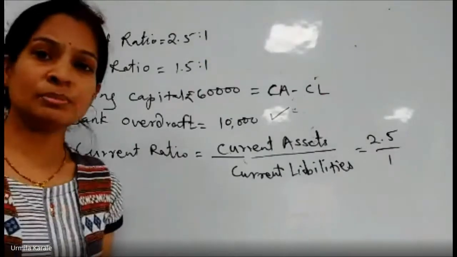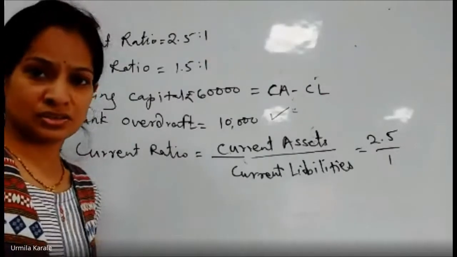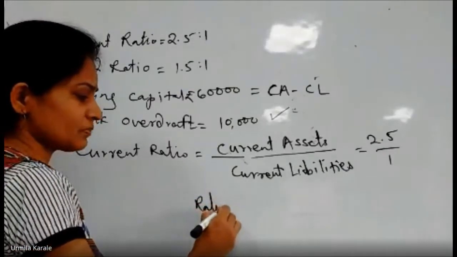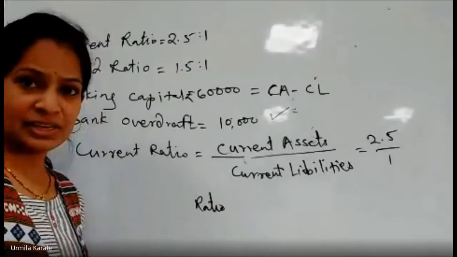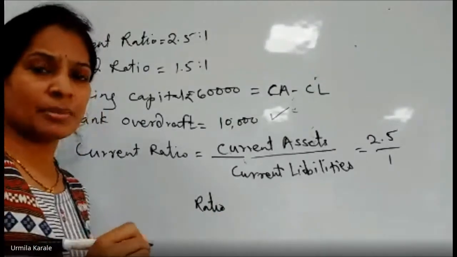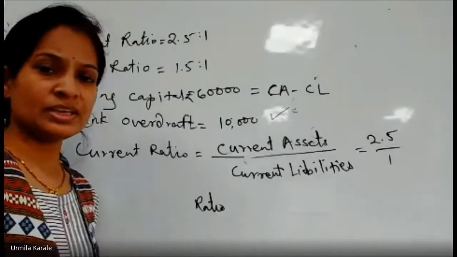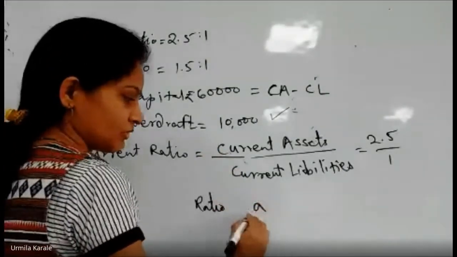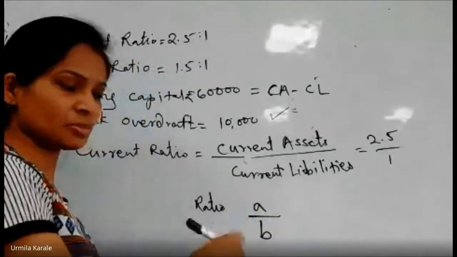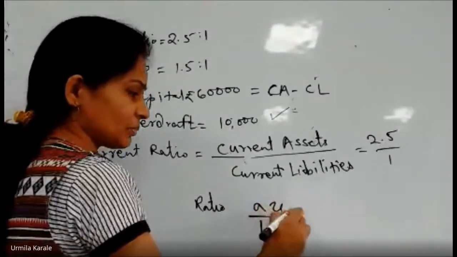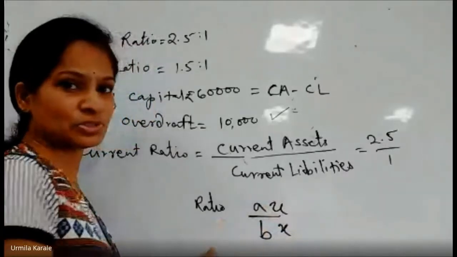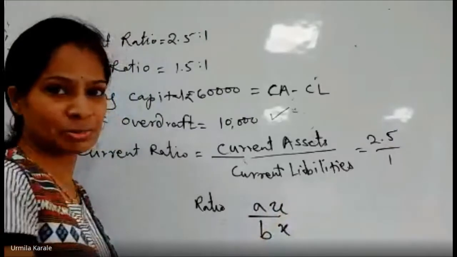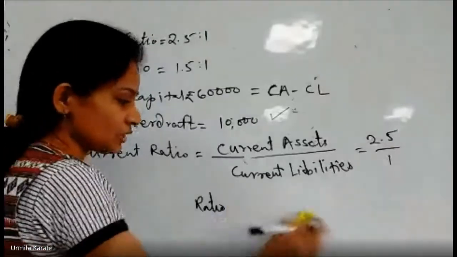Now if you remember, there is one rule of ratio or proportion: if you multiply any fraction by same number, the proportion is going to remain same. So the rule was like this: if there is a and b, this is a proportion. If you multiply this by x and this by x, the proportion is going to remain same, right? Because we are multiplying by same number. This is a mathematical equation, right?